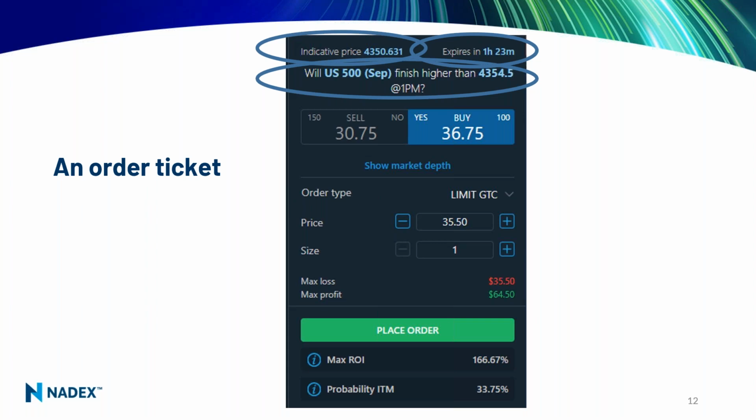And the condition was, will the S&P finish higher than 43.54.5? Now, 43.54 is above the current indicative price. Well, if it's got to get up to 43.54 just for it to be a 50-50 chance, we're already below it. You can see that the probability is in the low 30s. The market was saying right now at this moment in time, it's around a 34% chance that this will go to 100. Now it can trade above, but it has to finish above for it to go to 100.